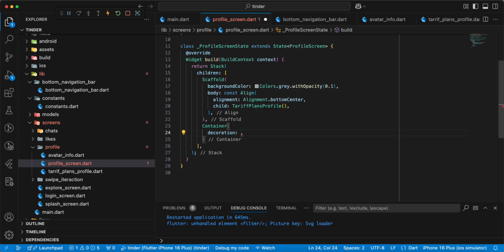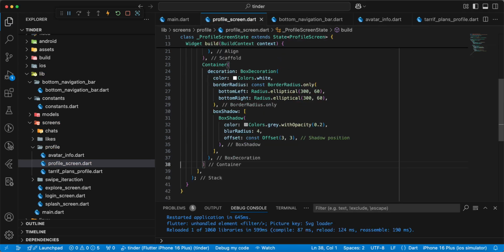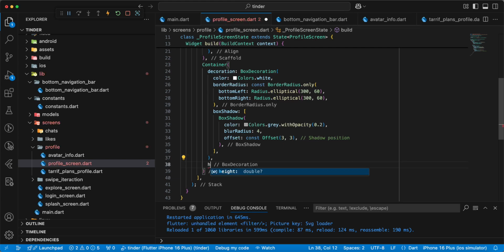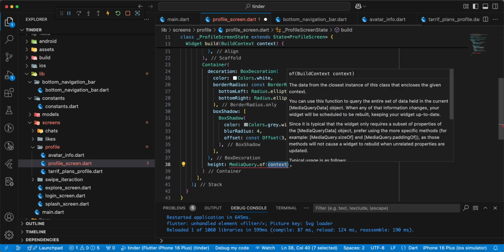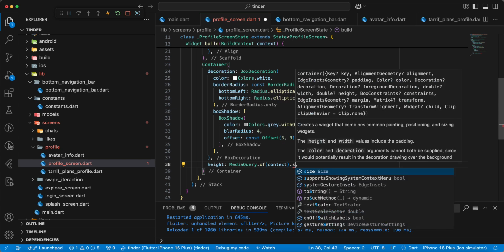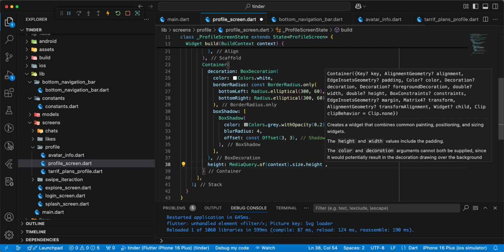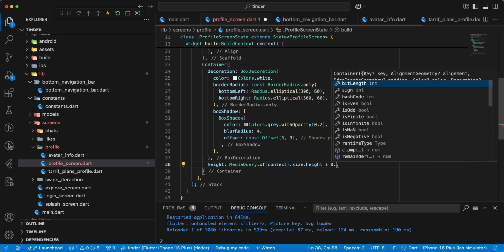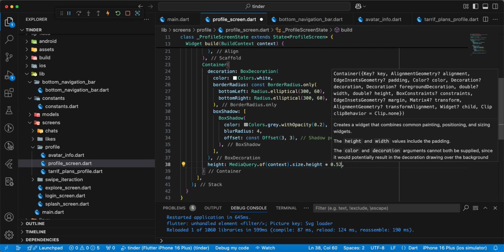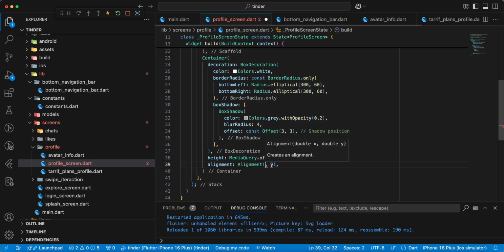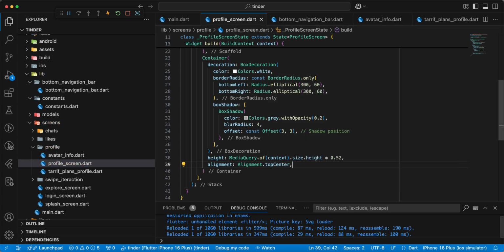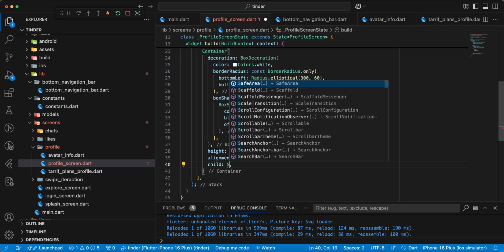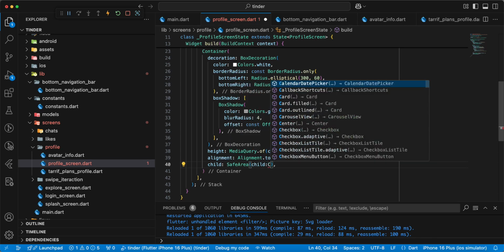add decoration, add a box decoration, then we add height, write media query dot of context, add size dot height 0.52, then we add alignment dot top center, then we add child, add widget safe area, add widget column